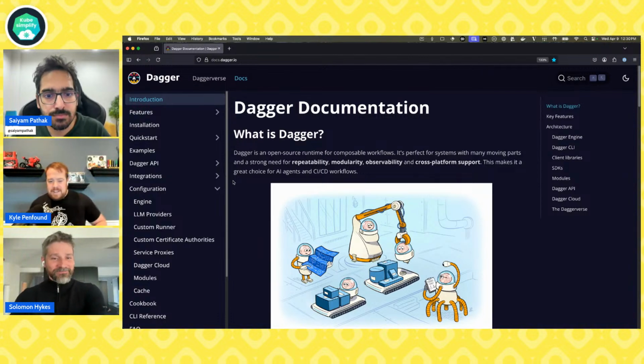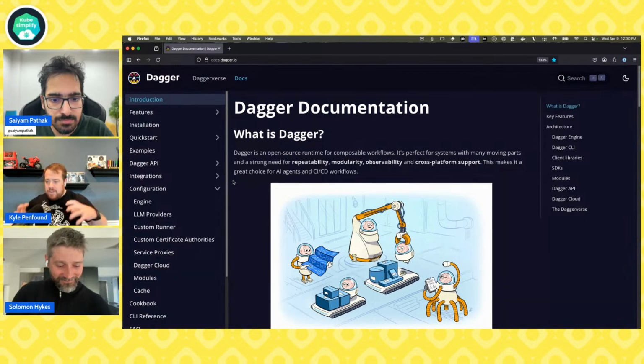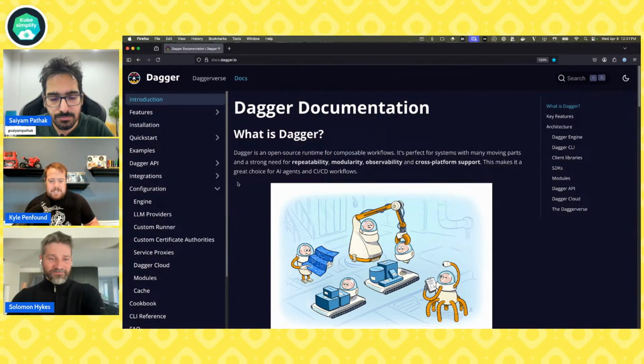To kind of summarize, at its core, there are these components that are building blocks, and with those blocks, you make your own little collection of these blocks, which are modules, right? So just like building on layers of layers from these core types of building workflows with containers and files and directories. And with that, you can build any kind of composable workflow, like your CI or an AI agent.